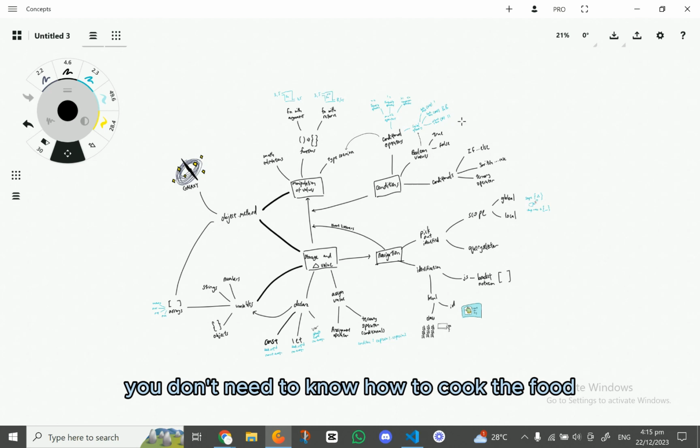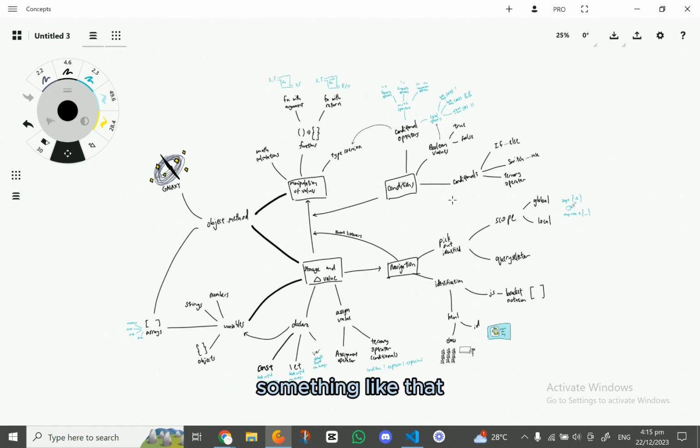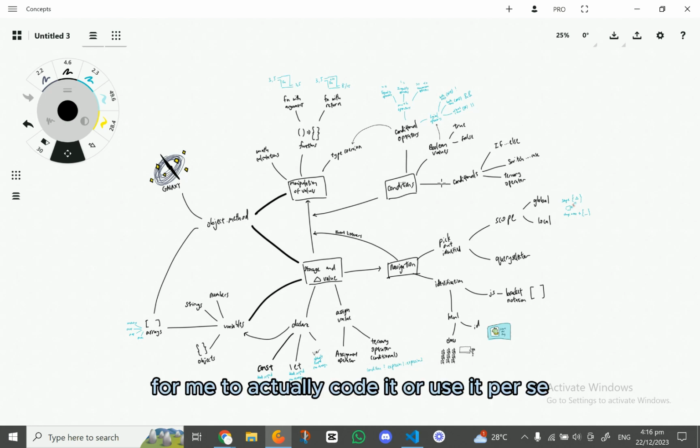You don't need to know how to cook the food. And the food will arrive at your table via the waiter carrying the food over. Something like that. But in that sense, that helps in no way for me to actually code it or use it per se.